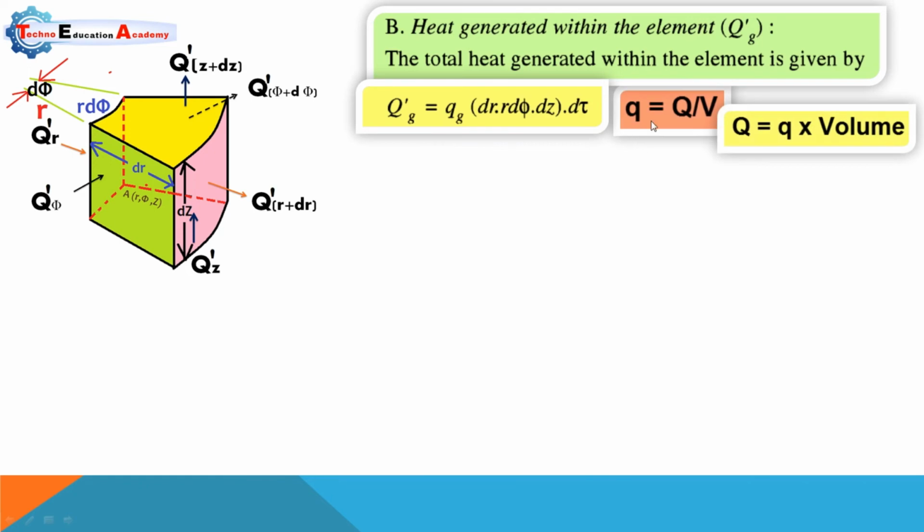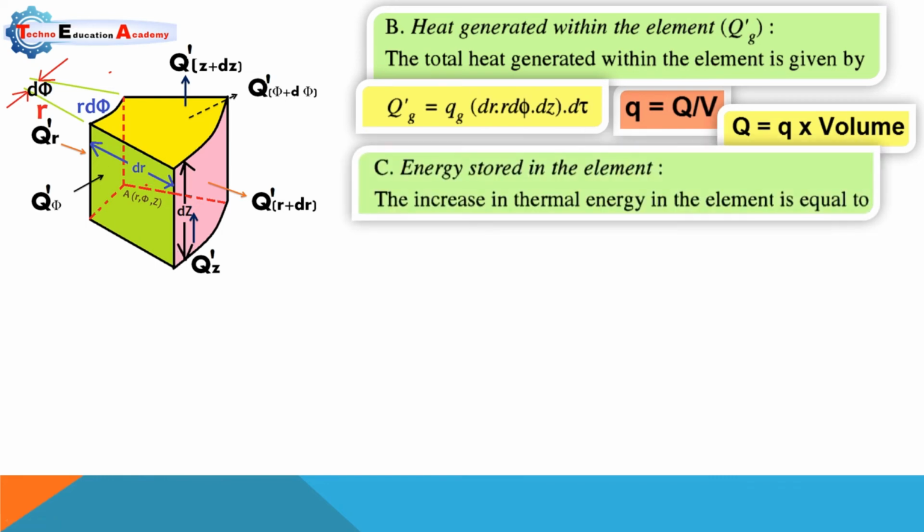or we can say specific heat equal to heat divided by volume. So heat equal to specific heat multiplied by volume. So we know that the volume of the element is r into dφ into dr into dz. So put the value of volume, same as energy stored in the element. As we know that equation of the heat transfer equal to m Cp delta T, where m is the mass, Cp is the specific heat, and dT is the temperature difference. But our objective is to convert the mass into volume. So finally we can simplify the equation by separating this term in all the equation.